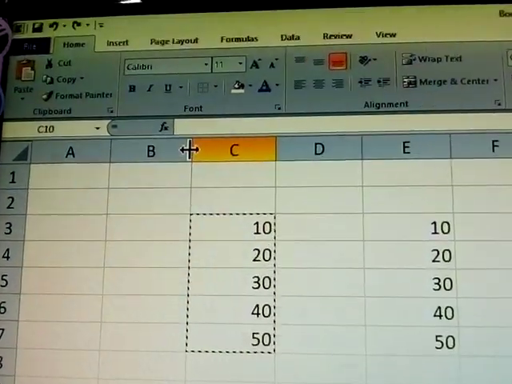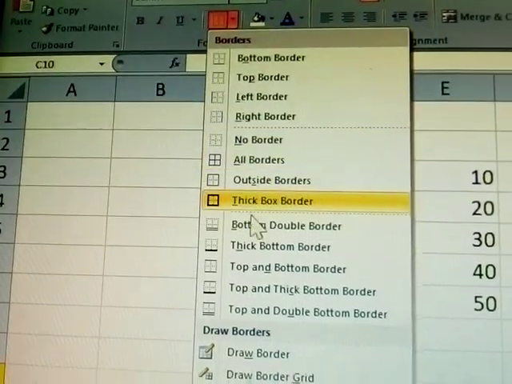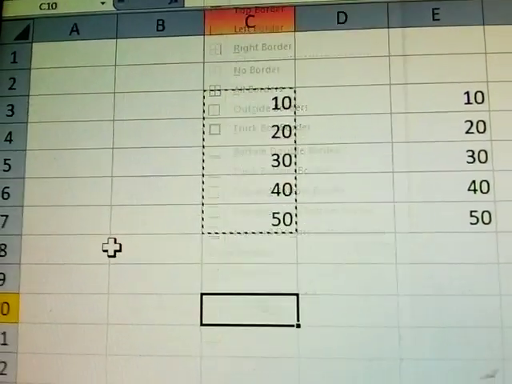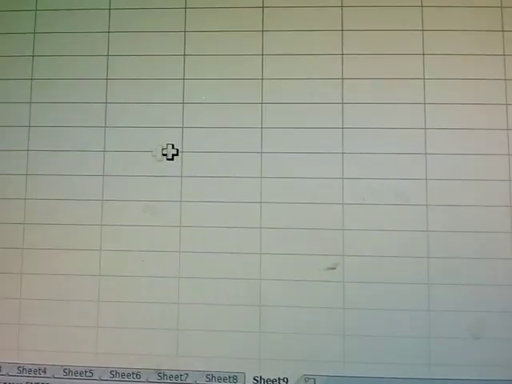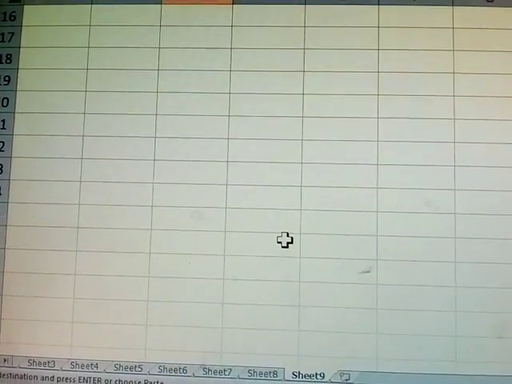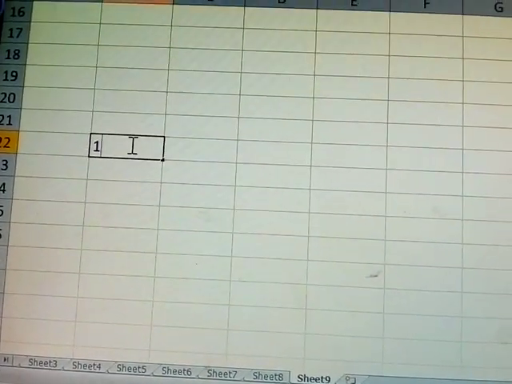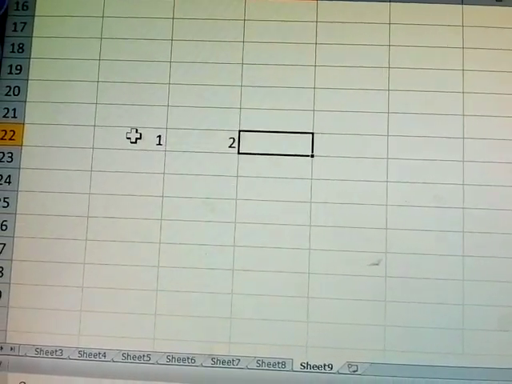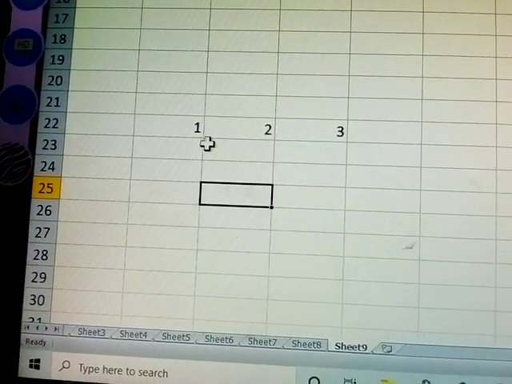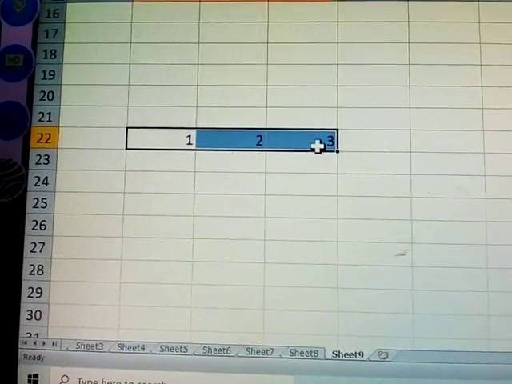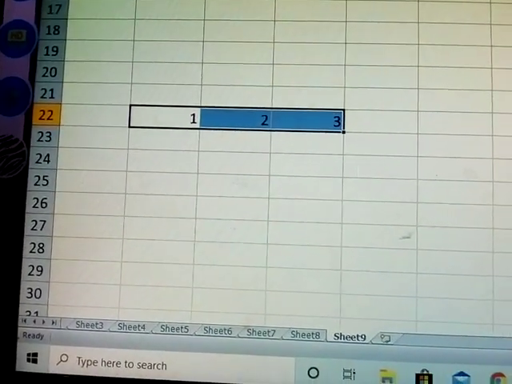Next one, borders. These are all borders. Already I displayed this in the PPT. Now these cells have lines. In the Excel sheet, cells are there, and these are all the grid lines. Grid lines are only used while typing letters and tables, and in printing time they are not visible. See here, 1, 2, 3.